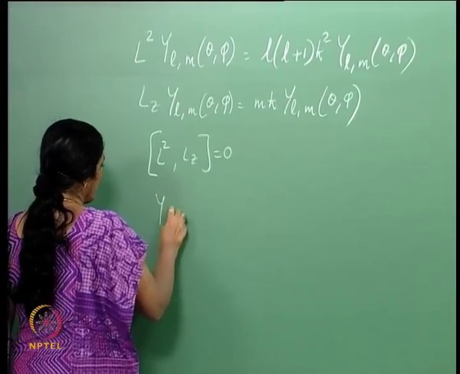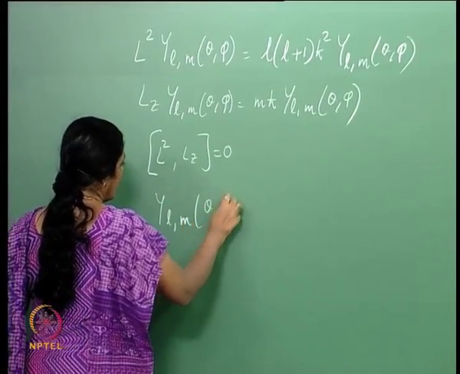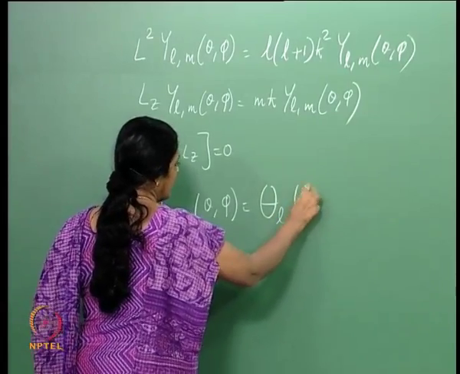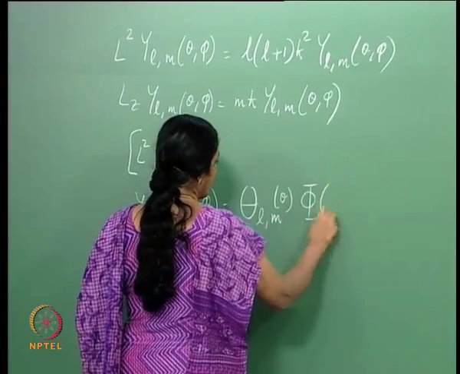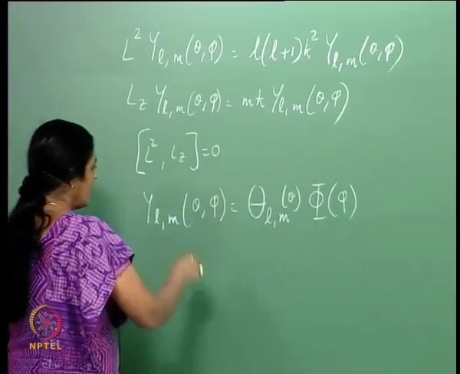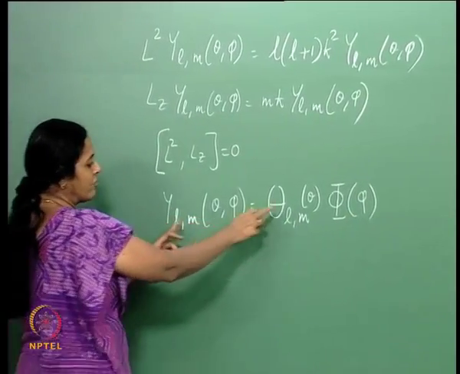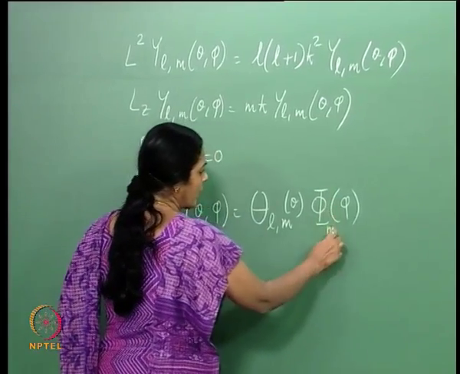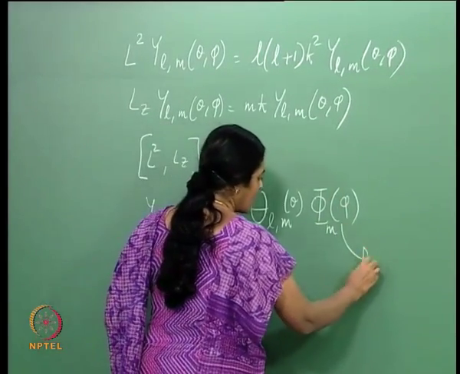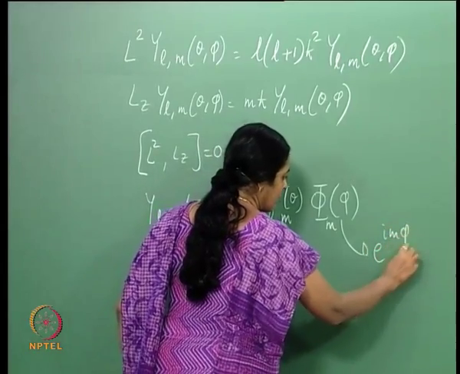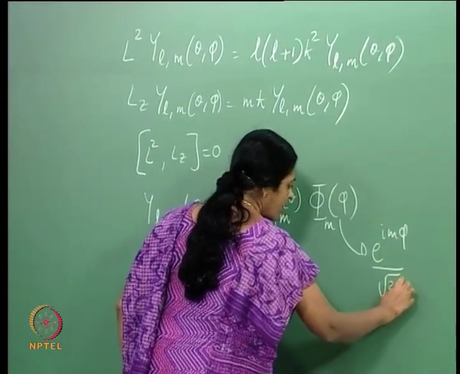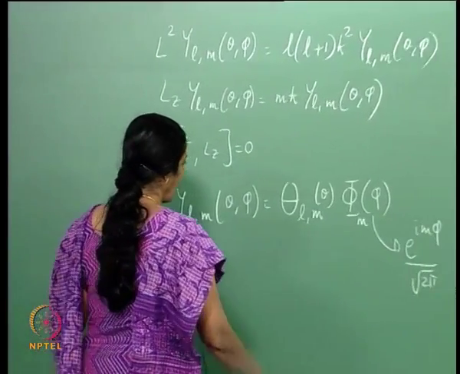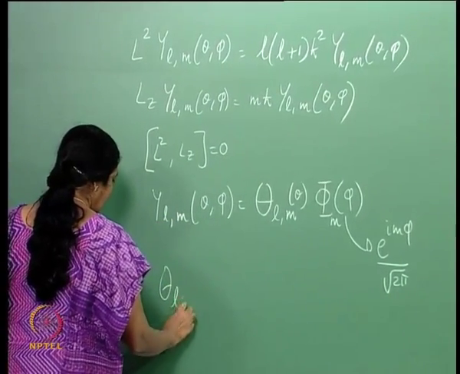Now really, in my notation, this was some Theta_L^m of theta, Phi of phi. So this is the way the wave function separated, and we had shown actually we should write Phi_m of phi because this object is e to the i m phi. You normalize it by putting root 2 pi downstairs there, and Theta_L^m of theta